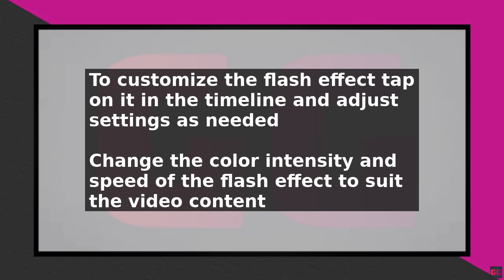best for your video. In conclusion, flashing a clip in CapCut is a simple process that can add a professional touch to your videos. By following these steps and best practices, you can create engaging and attention-grabbing videos that showcase your creativity and style. With CapCut's user-friendly interface and wide range of effects, you can easily flash a clip and take your video editing skills to the next level.